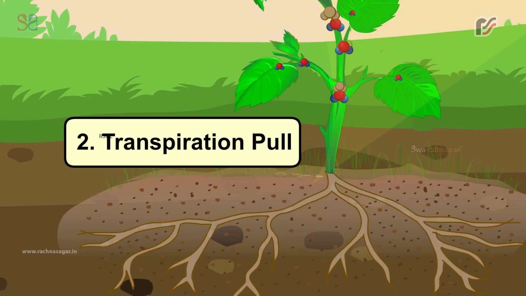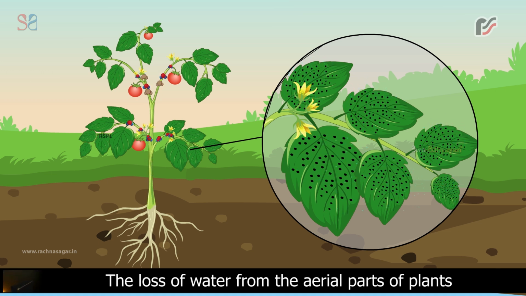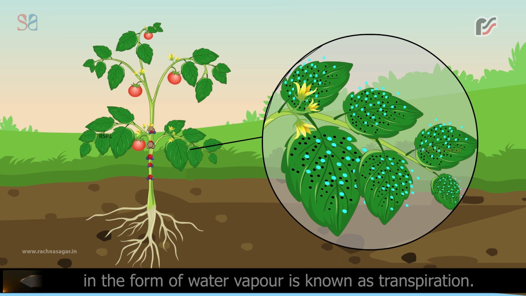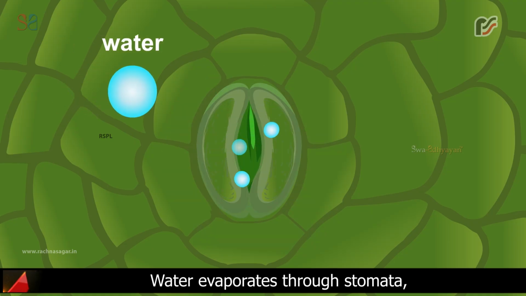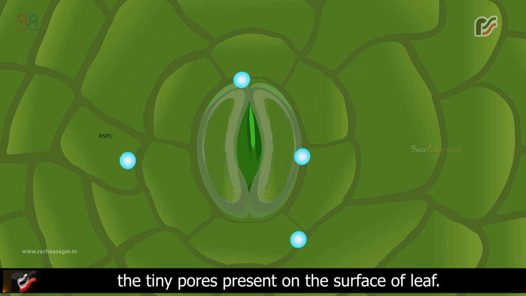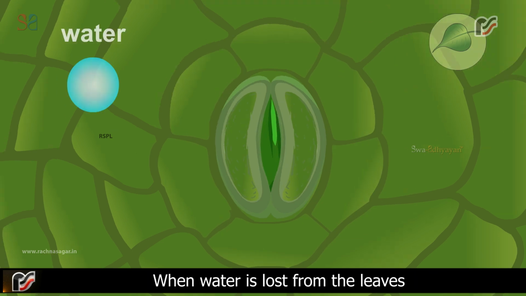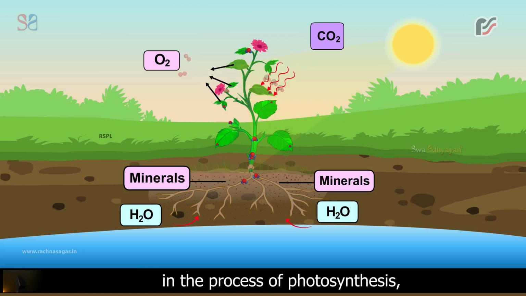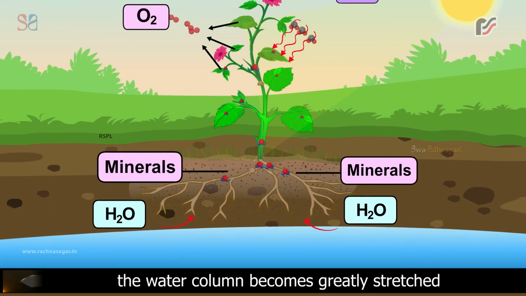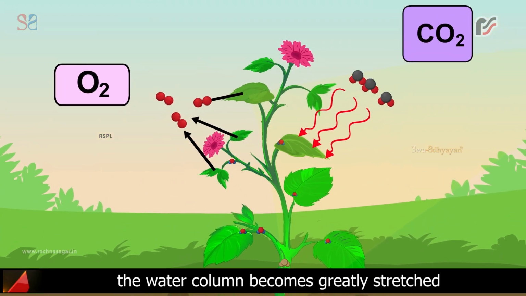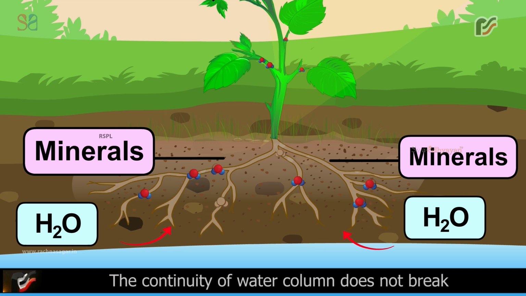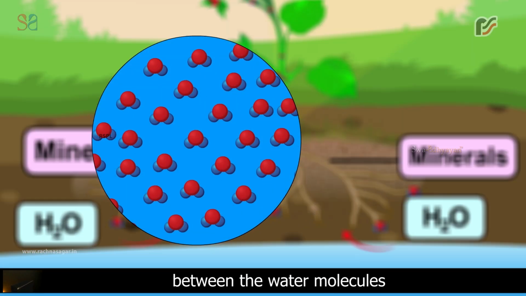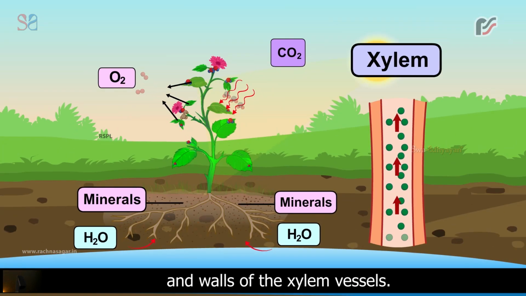Number 2, transpiration pull. The loss of water from the aerial parts of plants in the form of water vapor is known as transpiration. Water evaporates through stomata, the tiny pores present on the surface of leaf. When water is lost from the leaves, either due to transpiration or consumed in the process of photosynthesis, the water column becomes greatly stretched and creates a pull. The continuity of water column does not break due to the forces operating between the water molecules and walls of the xylem